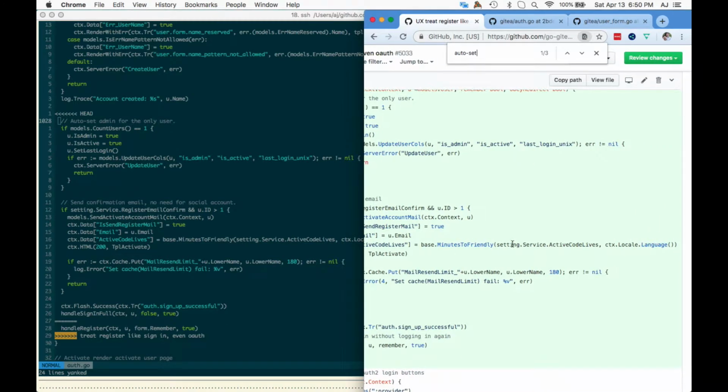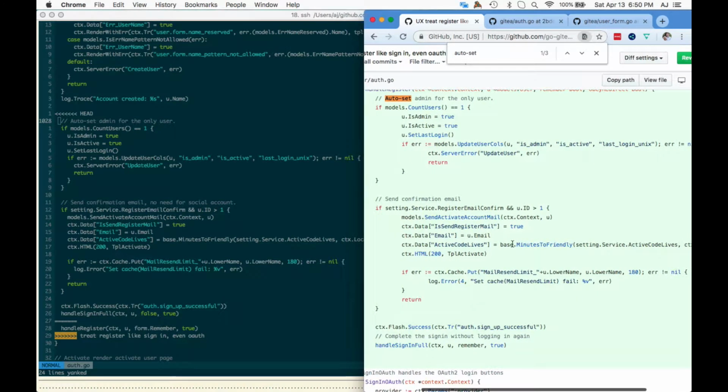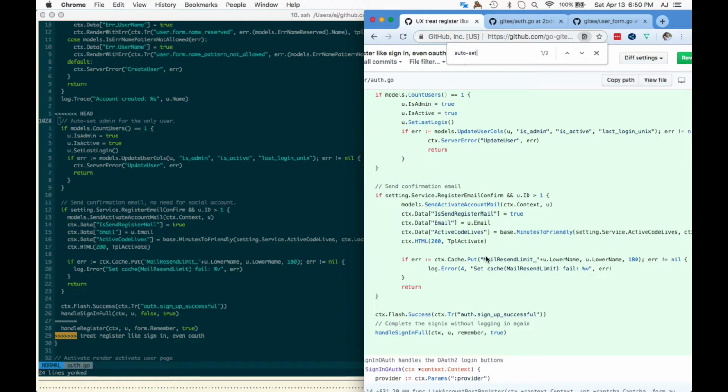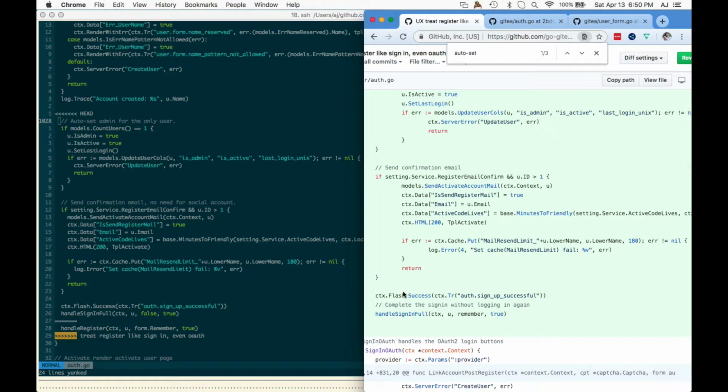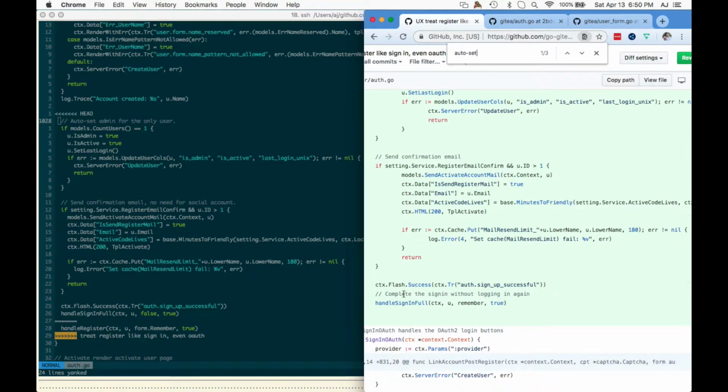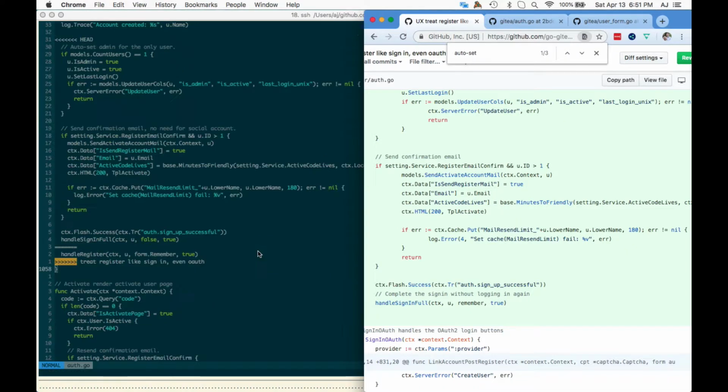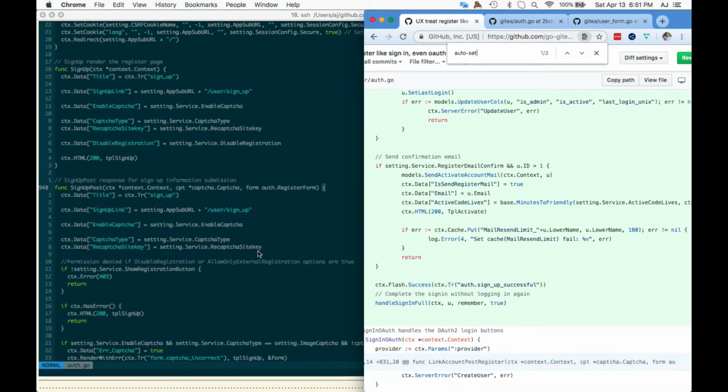Let's see. Language, locale, template, error. Yeah, it looks like the only thing that changed again is that log.error, if I'm seeing it correctly. But it's a little bit strange to me. This looks like it might have merged two functions into the same by mistake. Can you do the little % sign on that last bracket to bring us back up to the top and see what the name of this function is? Sign up post. Sign up post.